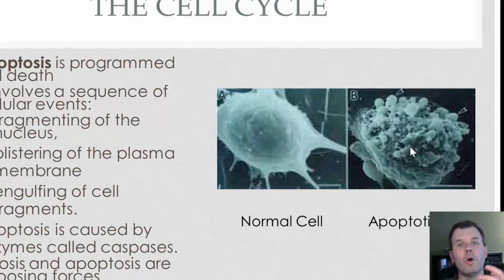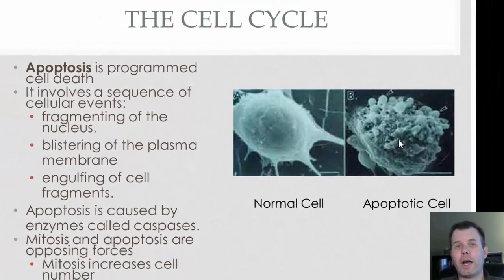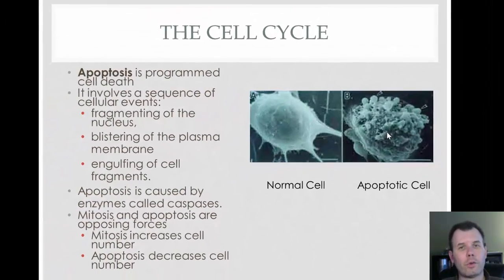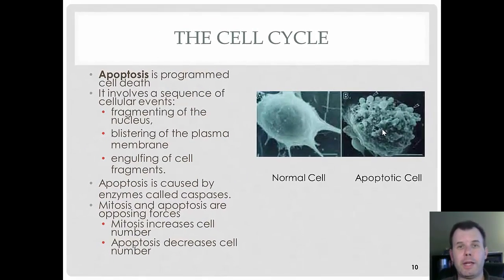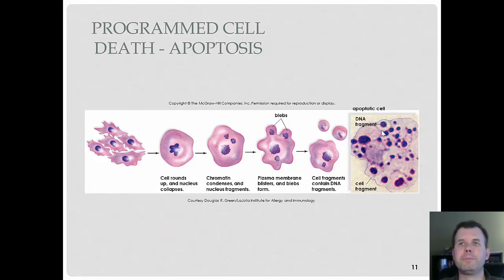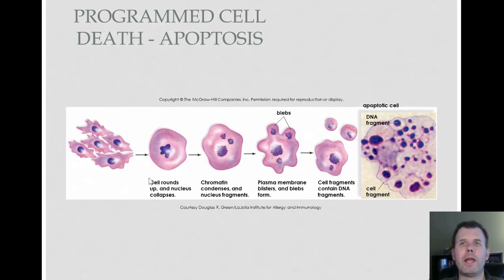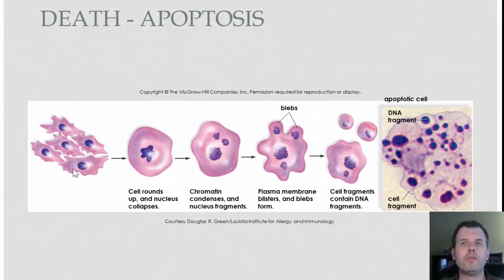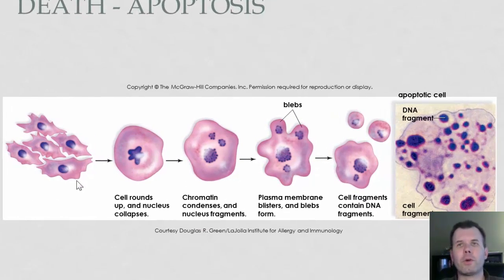And that's typical. We have a lot of these things going on all the time because if the cell doesn't look right, we have these programs to eliminate it before it gets out of control. And so that's a good thing. All right? So what happens during apoptosis? Well, the cell is normal here, but if something doesn't look right, the cell will say, okay, it's time to destroy. And so the cell will get really rounded.